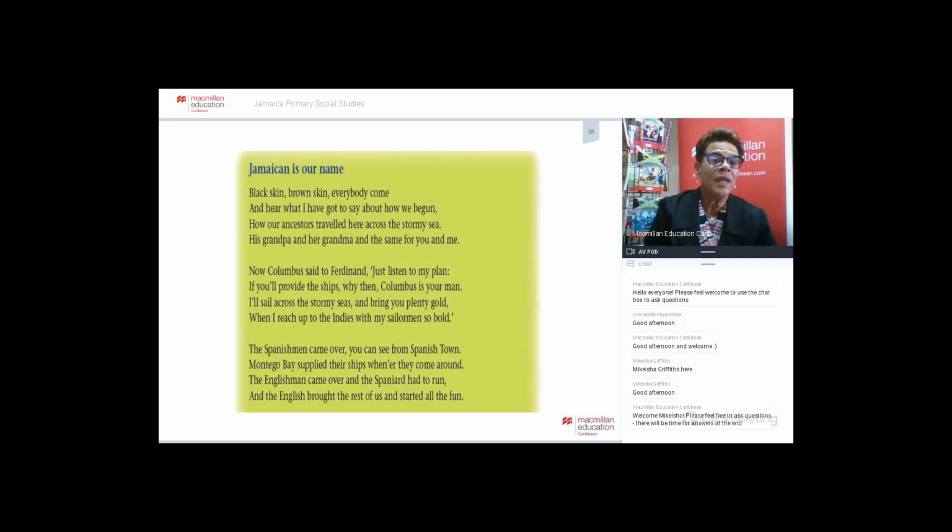Black skin, brown skin, everybody come and hear what I've got to say about how we began. How our ancestors traveled here across the stormy seas. His grandpa and her grandma, and the same for you and me. Now Columbus said to Ferdinand, just listen to my plan. If you'll provide the ships, why then, Columbus is your man. I'll sail across the stormy seas and bring you plenty gold when I reach up to the Indies with my sailor men so bold. The Spanish came over,